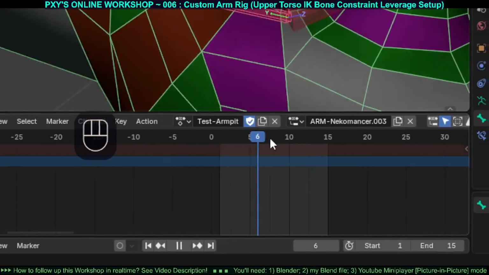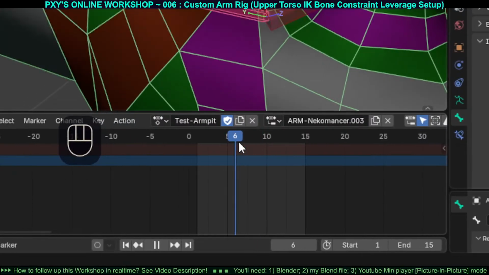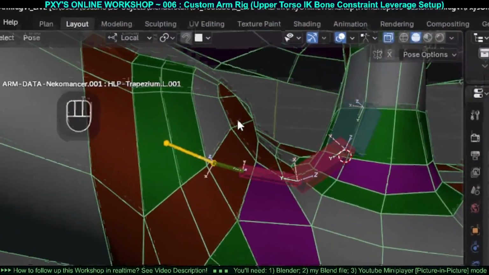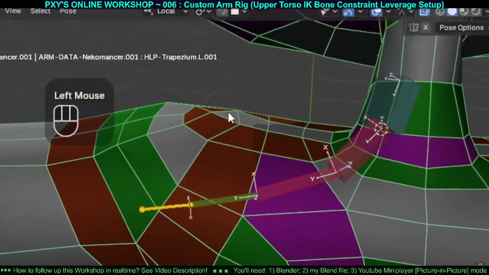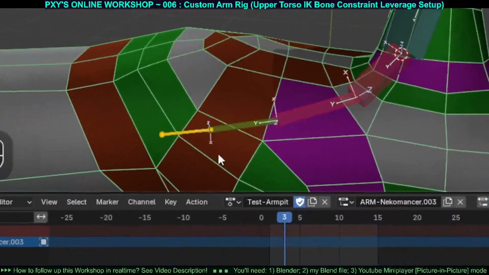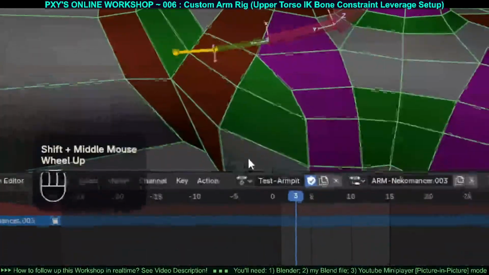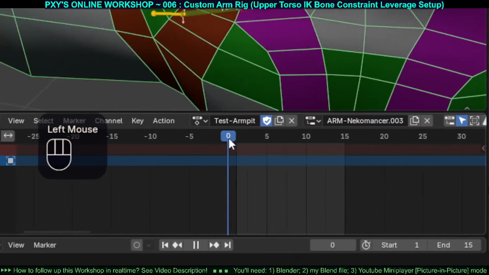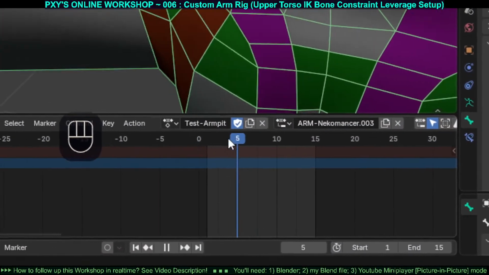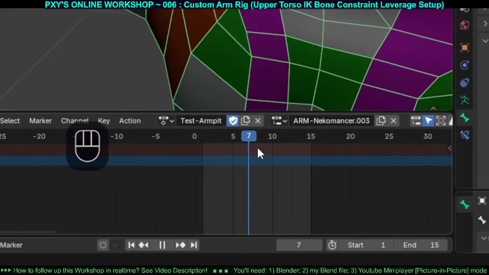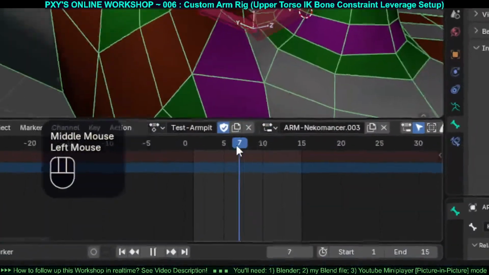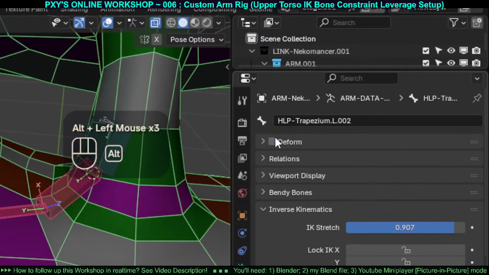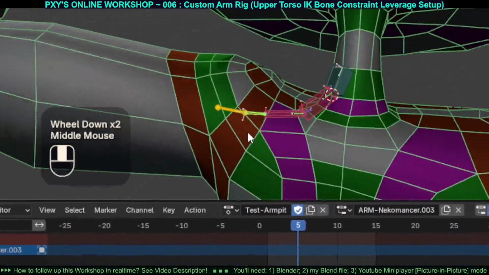I agree with these things for the trapezius, right? We don't want the trapezius to go up the hill here, the crest of the shoulder. We want the muscle to really stretch towards the back, all that, right? We could have more of this if you wanted to emulate something. If you have better, more complex mesh topology and geometry here, you could do more stuff. But you see that this seems quite good. And if we also shift select all these three and toggle this off, you see it's very minimal, but in certain areas,